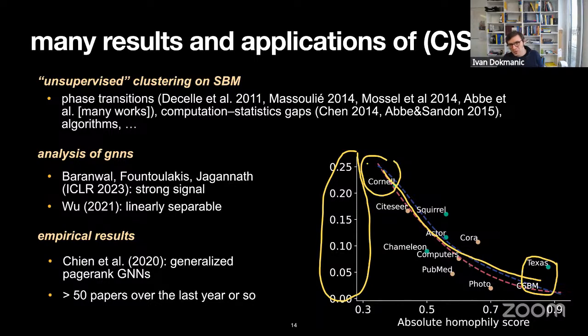Now, what are the two curves, the dashed lines? Dashed lines are actually cSBM, and it's two different algorithms. One is some very, very simple GCN. The other one is GPR-GNN. And you can see that cSBM is really representative of the behavior of real networks on real data in this sense, right?